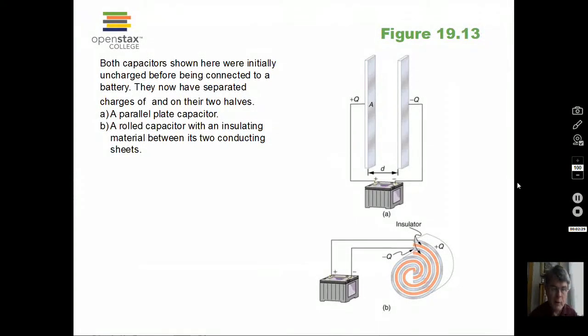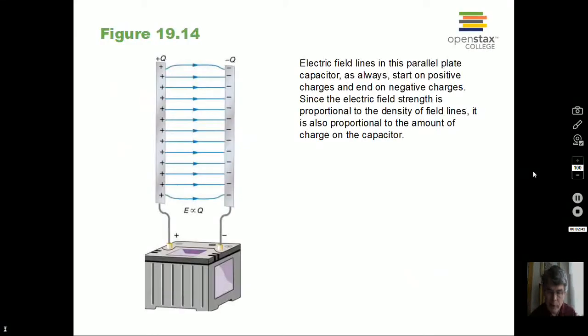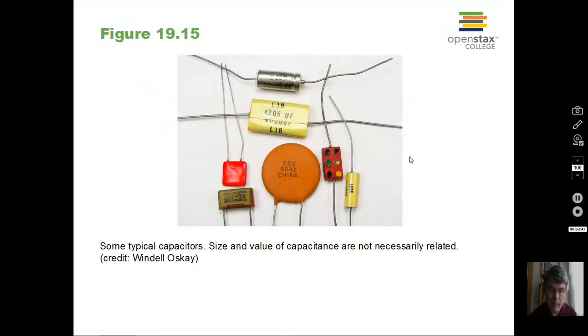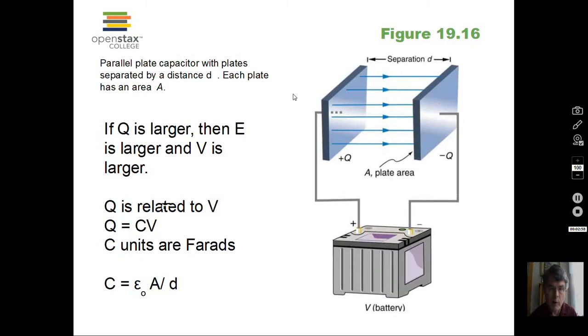So now into slide mode here. If I again talk about the plates of the capacitor, there's a certain voltage between the two plates based on how much charge is on the plates. Capacitors can be built in a variety of shapes. You see them here, and there are different labelings or color codes. We're not going to worry about those, but let's move on to some more important things,